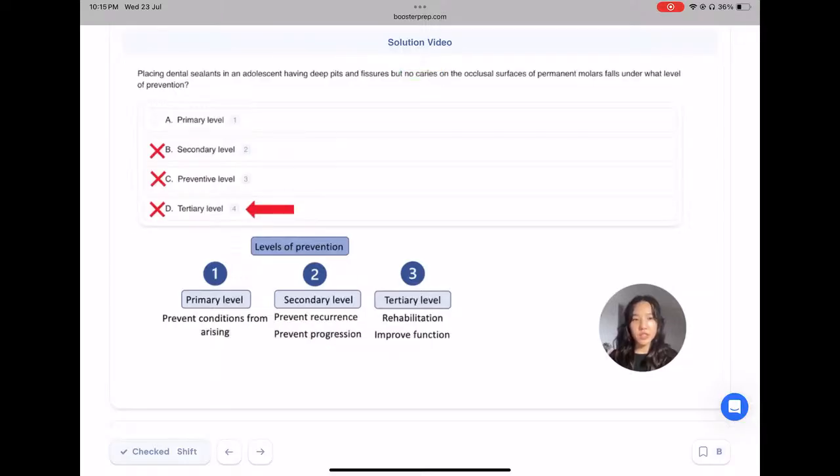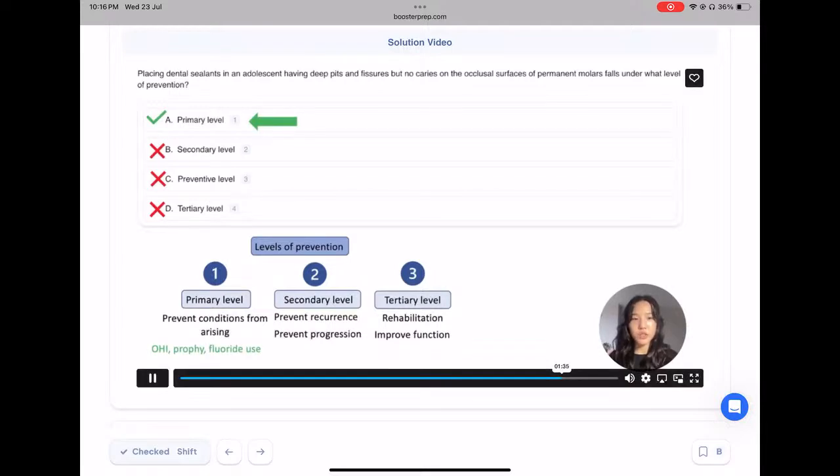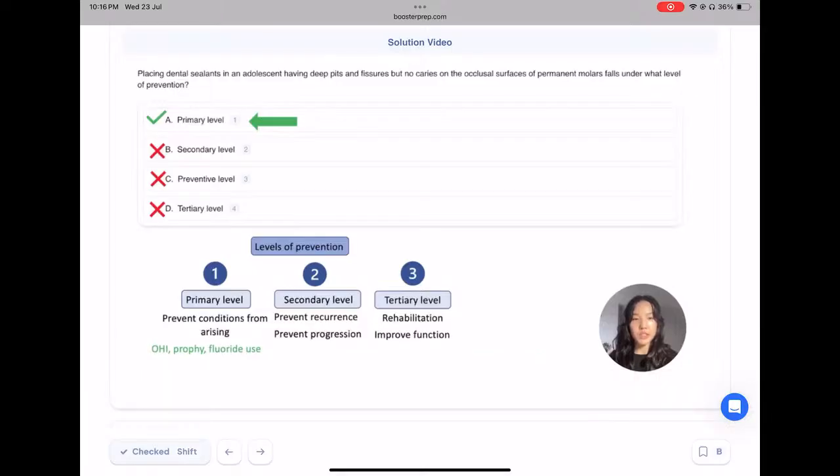Option D reads tertiary level, and this answer is also incorrect, as once again, we know that the patient does not yet have caries. An example of a tertiary level procedure would be to make dentures, crowns, and bridges in order to replace edentulous areas that have occurred due to disease. This means that our correct answer is A, which reads primary level. The placement of sealants on a tooth that has no signs of disease is considered primary prevention. And other types of primary level of prevention are oral health education, prophylaxis, fluoride use, and these will help